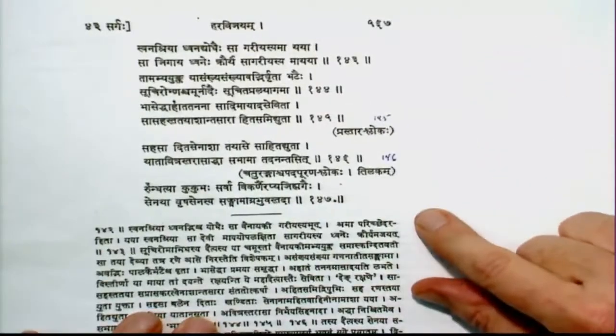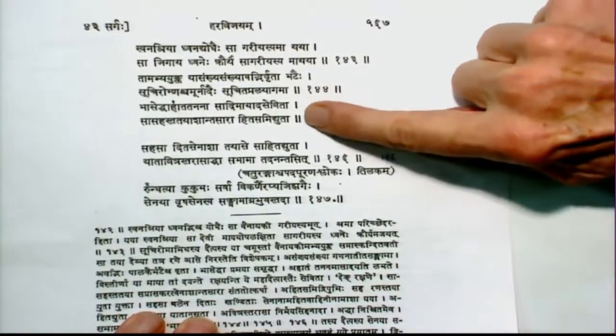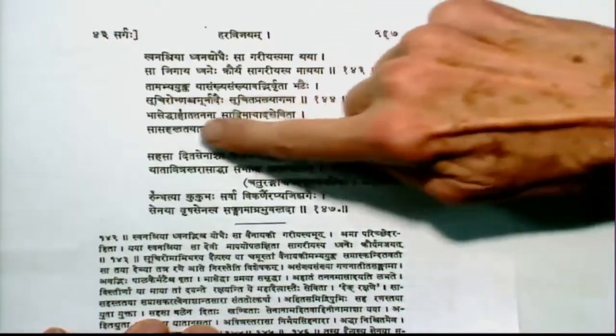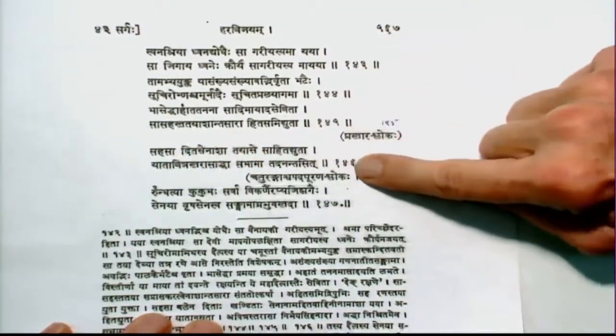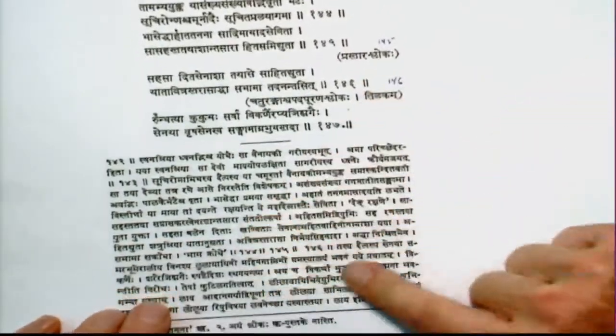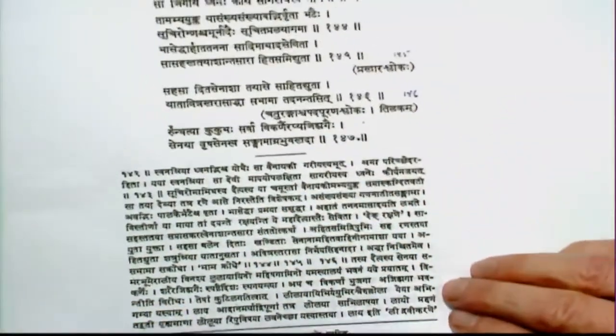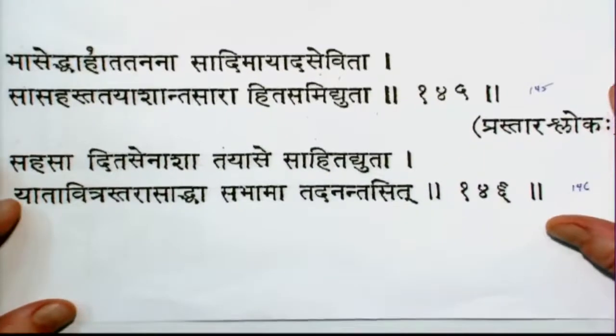Okay, so then here's the source where those 2 shlokas are. These 2 lines are the first shloka. It's number 145, and these 2 lines are the second shloka. And then here's commentary by somebody else explaining them. So here I'll show you blown up